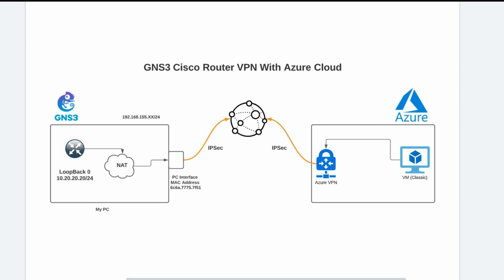Hi everyone. Today we're going to talk about an interesting topic, which is how to make a VPN connection between a GNS3 Cisco router and the Azure cloud services. This lab probably isn't something you'll see as a use case in a real environment, but it will be helpful a